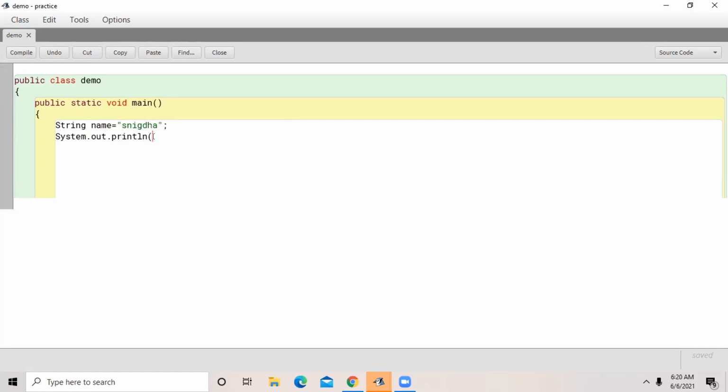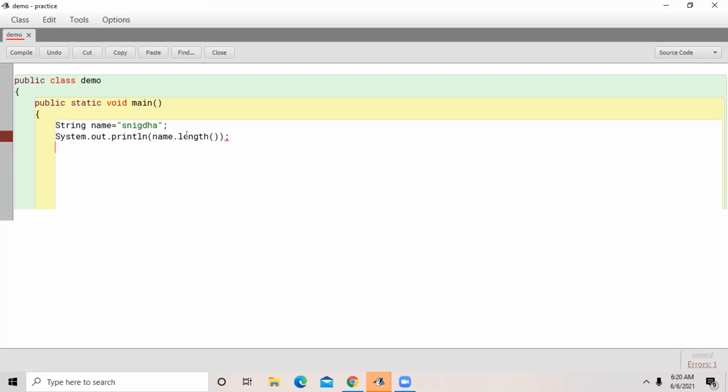Now type name dot length function. So what was the syntax of that? Name dot length, parenthesis sign, you give. Yes, correct. Close it. Terminate.